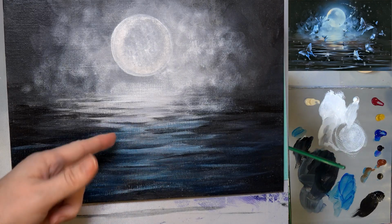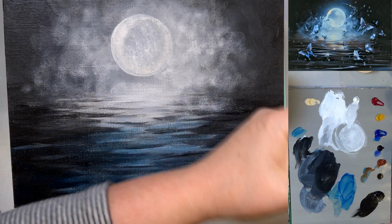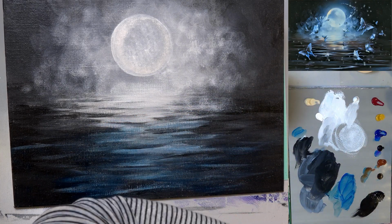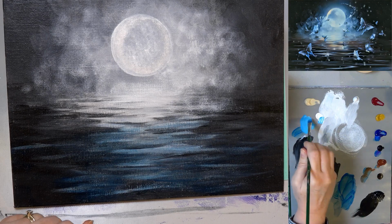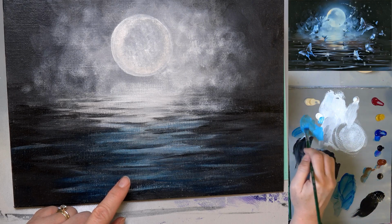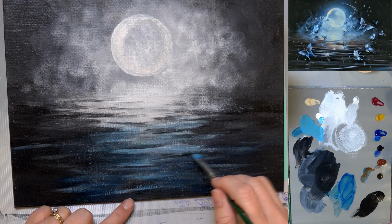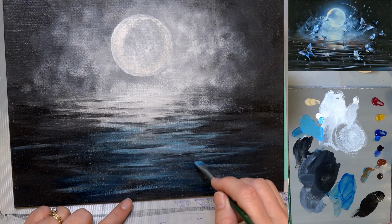So if I was to go in with a light blue, in fact, I'll do that right now, I'll show you the difference. If I take some white and I mix some of my Phthalo Blue in with it, it's going to reduce the saturation of the color. And let's add a little bit of the burnt sienna to make that teal color. Okay, so there's kind of the same color, right? But when you put it on here, it's going to look more solid. I don't know if it's showing up on the camera, but